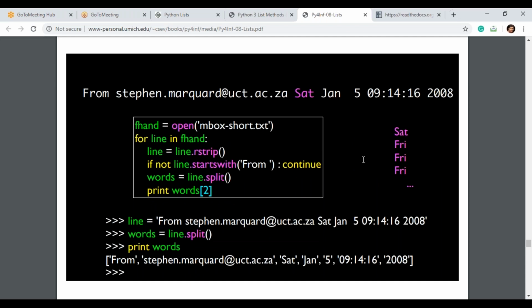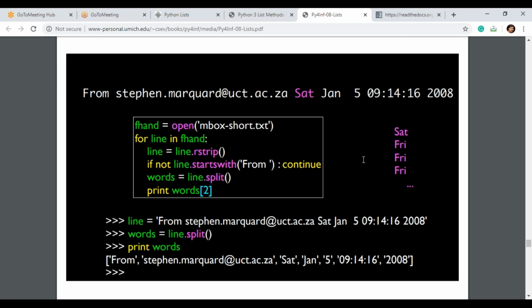So some example they have given from Stephen dot Marquard @uct.ac.za sat jan 5 09:14:16 2008. Then f is equal to open of short.txt, so we can convert it into text. So you are reading it, just like file programming. For line in f, line is equal to line dot rstrip, right strip.